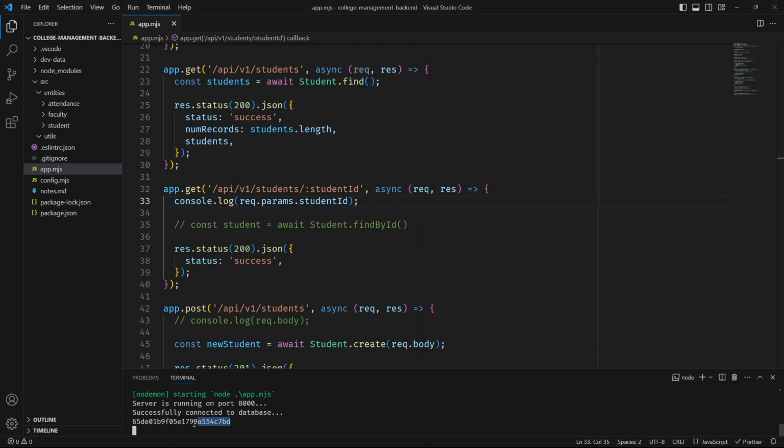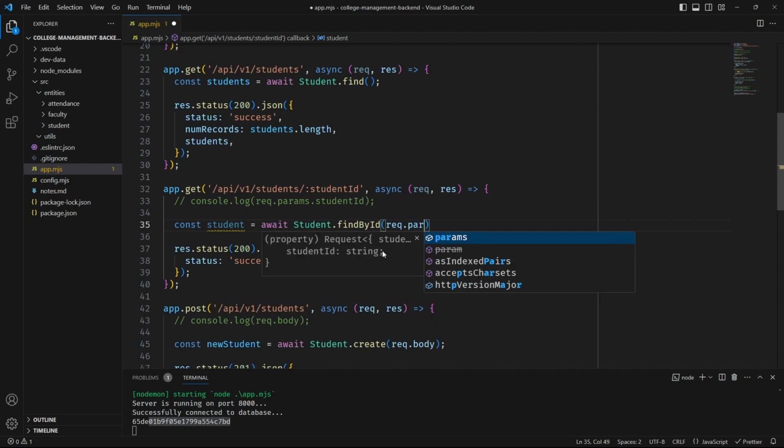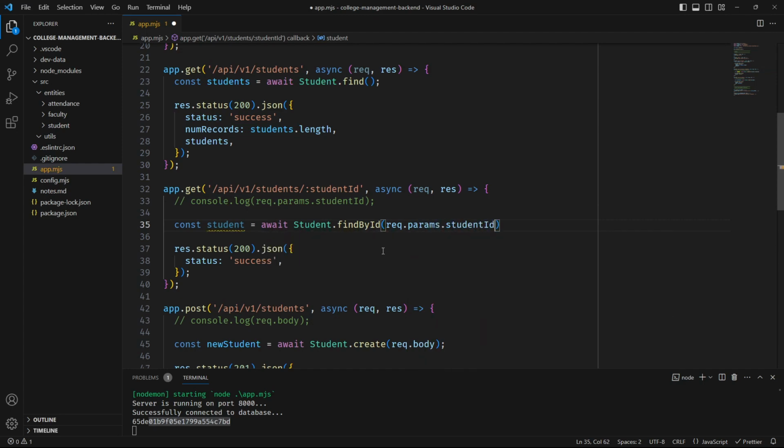Now we can use this id in this method. Because we needed the id so that we can find the student, we can pass the id here, which will be req.params.studentId, like this. Great.